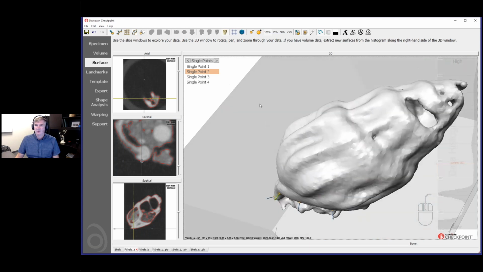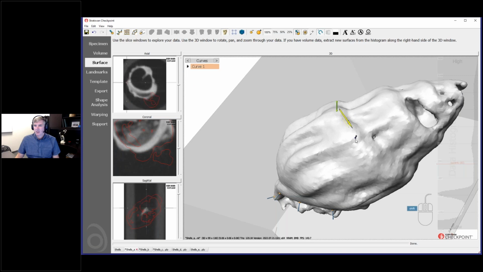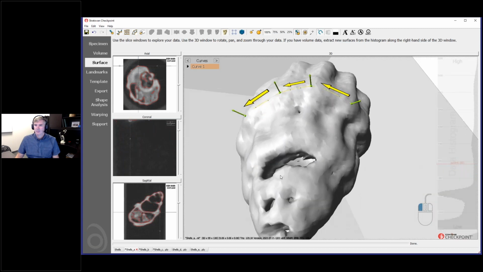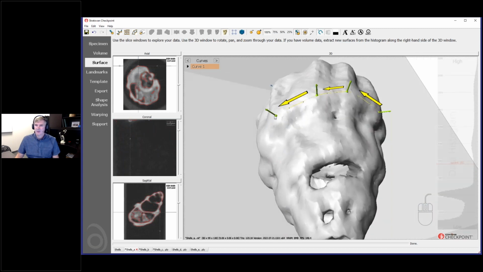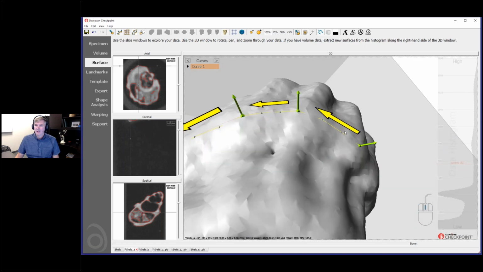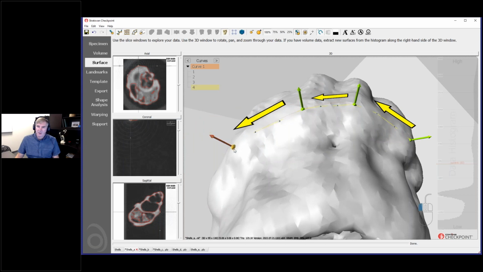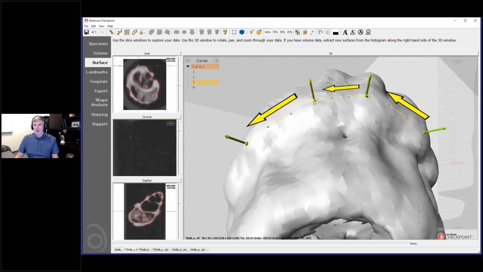So let's say we want to put a curve along here. Click that. We can just do this. I did 3 control points in this direction. And then you can see there are these little blue points that are made in between here. If I grab these points and move them around, these points with the arrows are the control points for the curve. So it makes a Bezier curve through the control points, and then it automatically generates